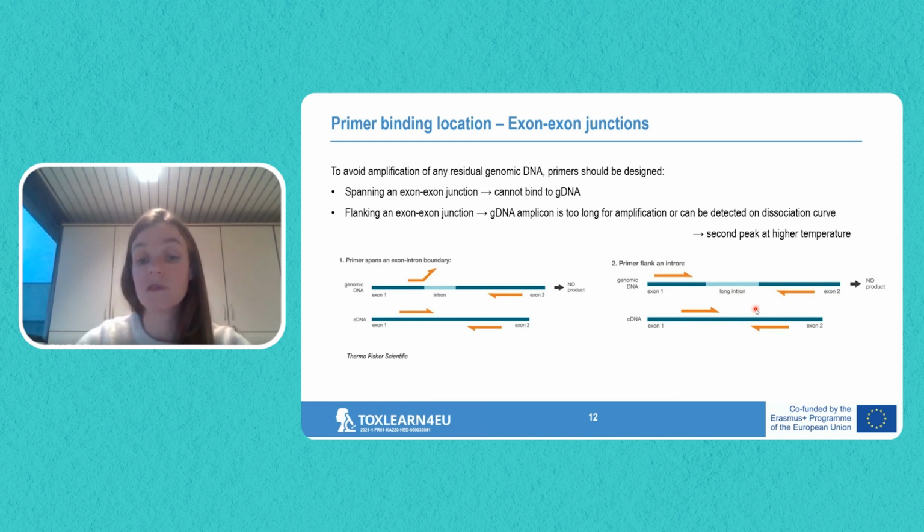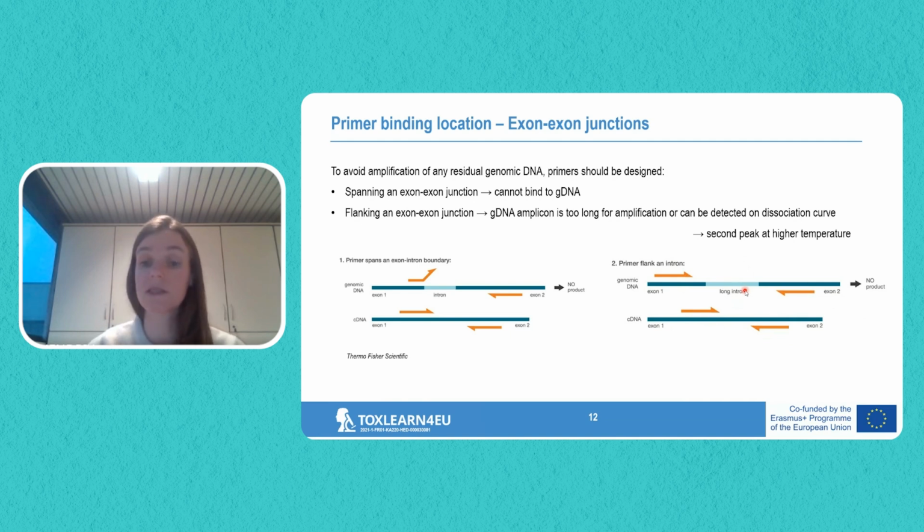There will be insufficient time to generate or to amplify this product in a typical qPCR cycle, and hence no product would be formed. Sometimes, however, it's possible that this intron in between is not very long, and as such, the amplicon for genomic DNA is only slightly longer than that for cDNA, and then the product might still be formed from genomic DNA, but in that case, this product will be slightly longer, which means that it will have